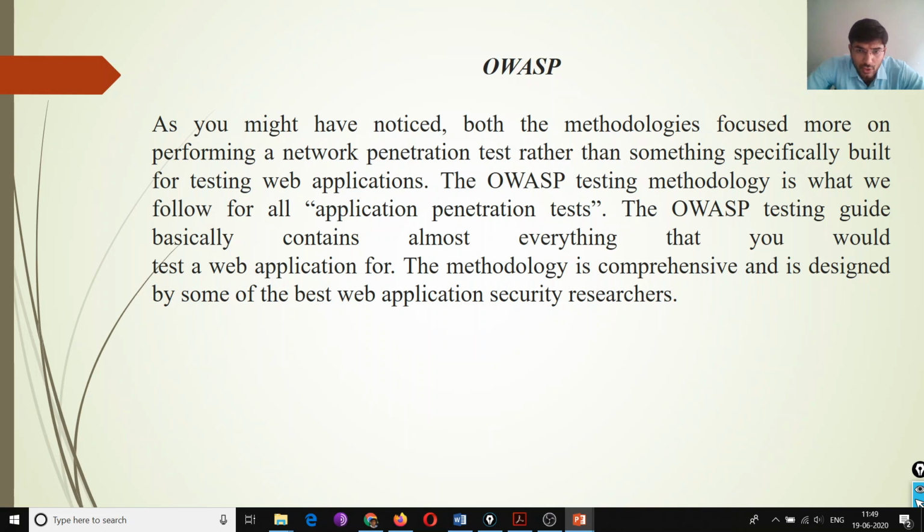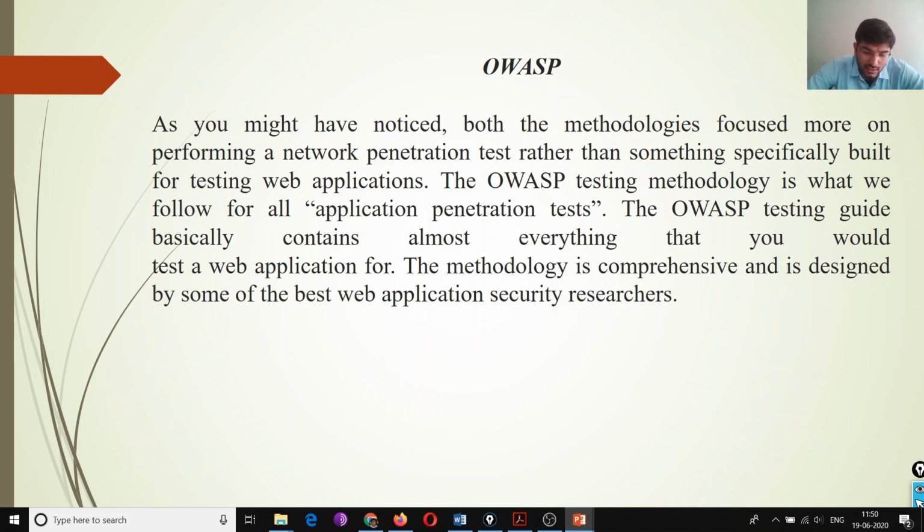Okay, the next methodology we will discuss is OWASP. The previous two methodologies were all based on network penetration testing, but OWASP is all based on web application penetration testing. OWASP is the Open Source Web Application Security Project. OWASP provides the top 10 vulnerabilities every year. There are common vulnerabilities also, like you must be knowing XSS, SQL injection, insecure direct object reference, right? These types of vulnerabilities are given by OWASP. If any new vulnerabilities are found in the upcoming years, then definitely those vulnerabilities will be added by OWASP to the top 10 list.